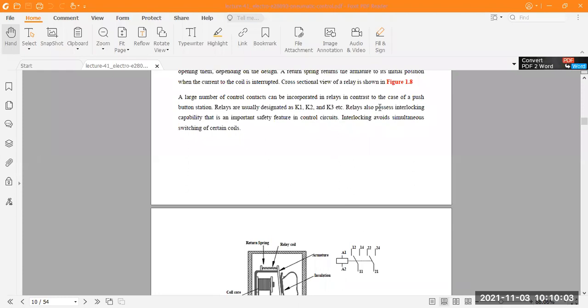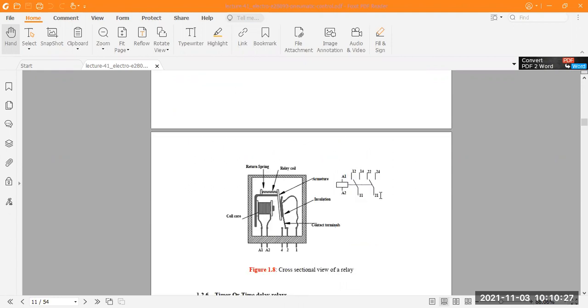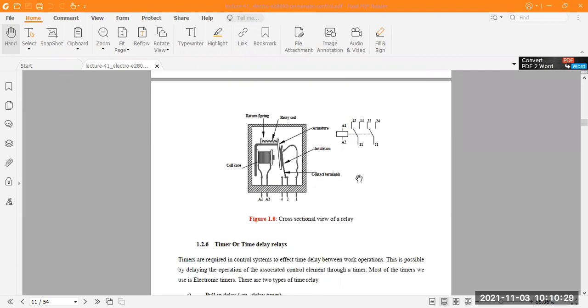This relay also provides interlocking capability, which is an important safety feature in control circuits. This interlocking avoids simultaneous switching of certain coils. Without a relay, circuits do not have protection or safety devices. So is this clear to all of you?